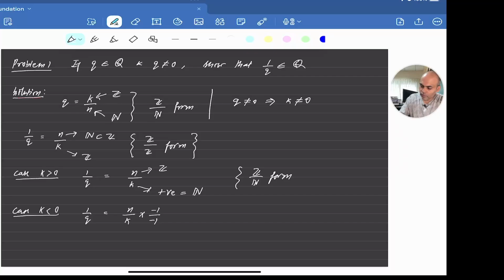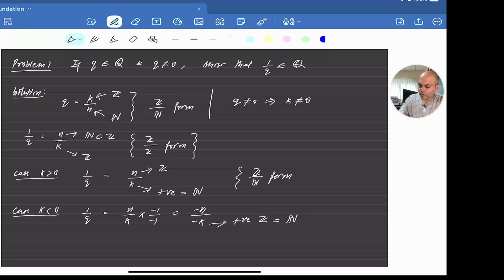So we are going to have minus n over minus k. So since k is negative, minus k is going to be positive. It is a positive integer. So the denominator is a positive integer, so it is a natural number,